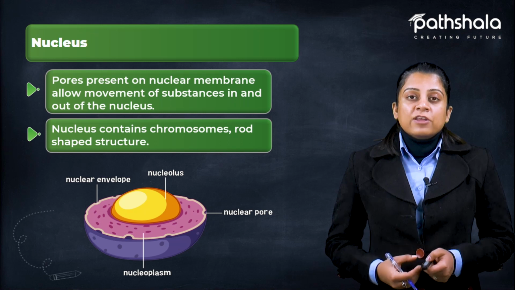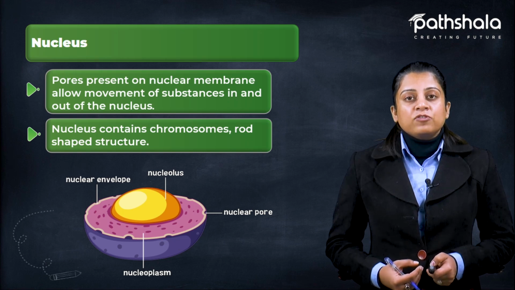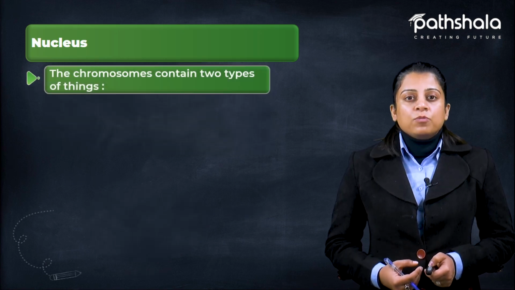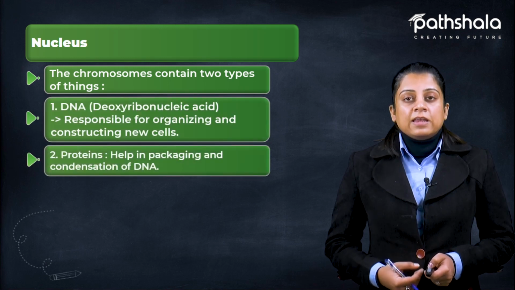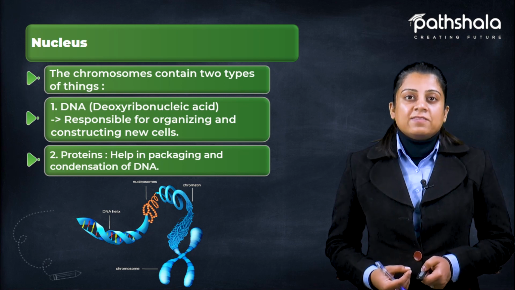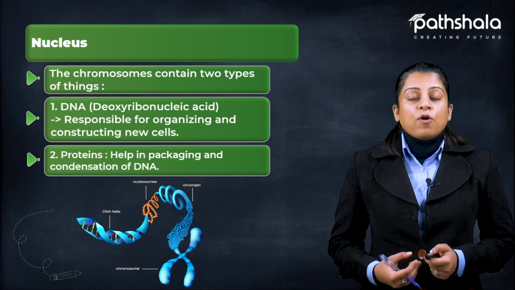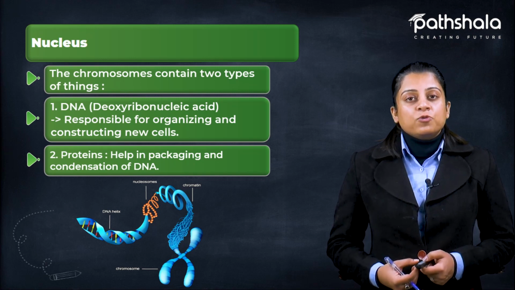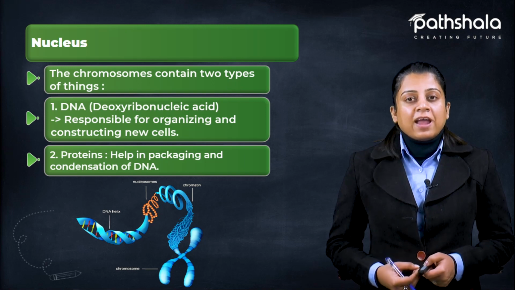The nucleus also contains chromosomes, which are rod-shaped structures that carry the genetic information. These chromosomes contain two types of things. The first is DNA, that is known as deoxyribonucleic acid. This DNA is responsible for organizing and constructing new cells, whereas the proteins help in packaging and condensation